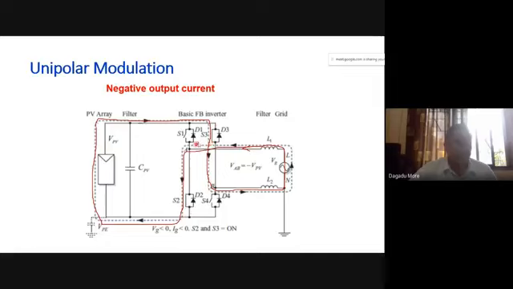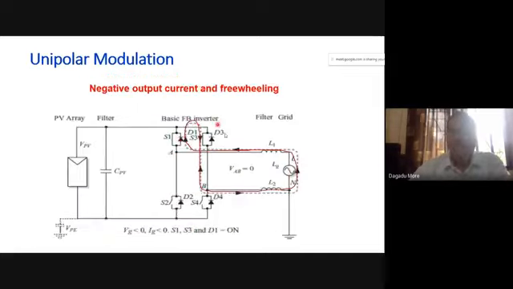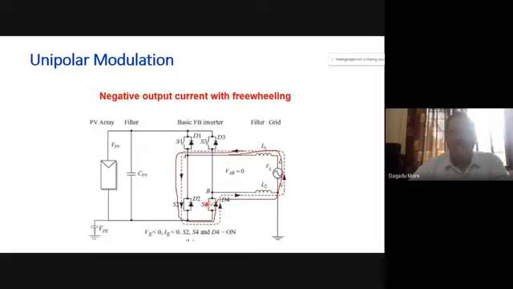And in the other two cases, when the upper two or the lower two are on, we are having a freewheeling operation. This is upper two are on, lower two are on, a freewheeling operation. And with the help of that, we have seen it here, particularly